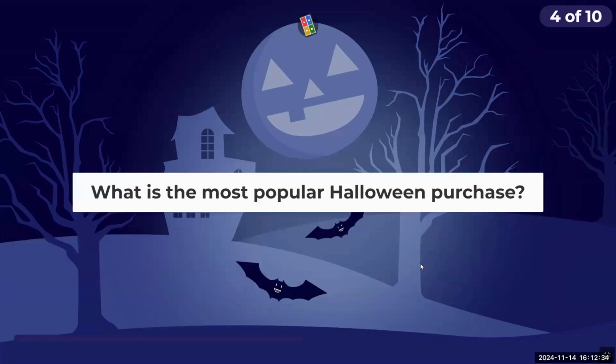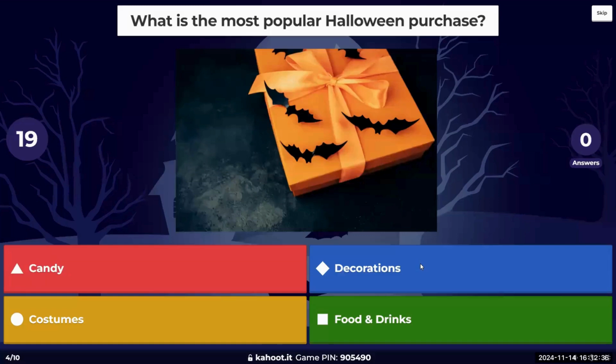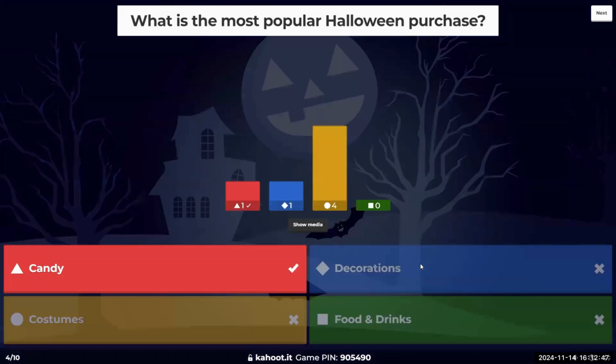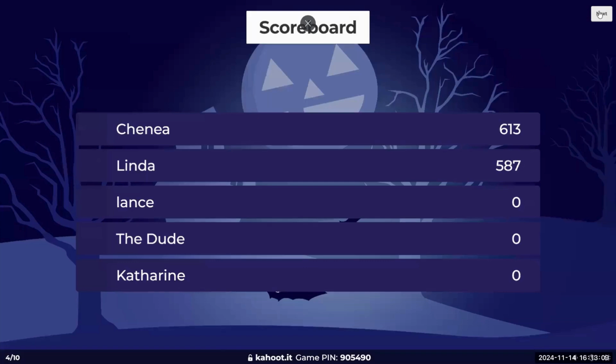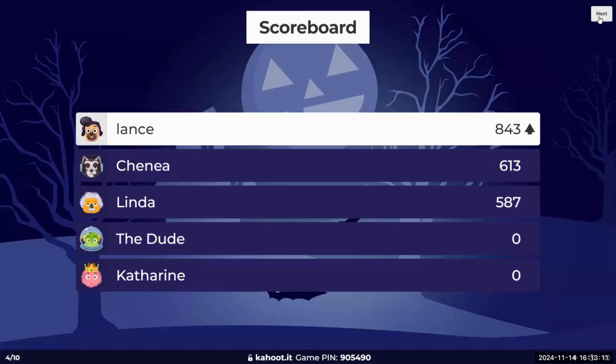All right. What about the most popular Halloween purchase? Candy, decorations, costumes, food and drink. Four essentials for Halloween. Candy. So people are spending more money on candy these days. Although I would say that the decorations one is probably what puts my age range demographic into the higher zone on the last question. Decorations really took off during the pandemic, and spending related to that hasn't slowed down at all.